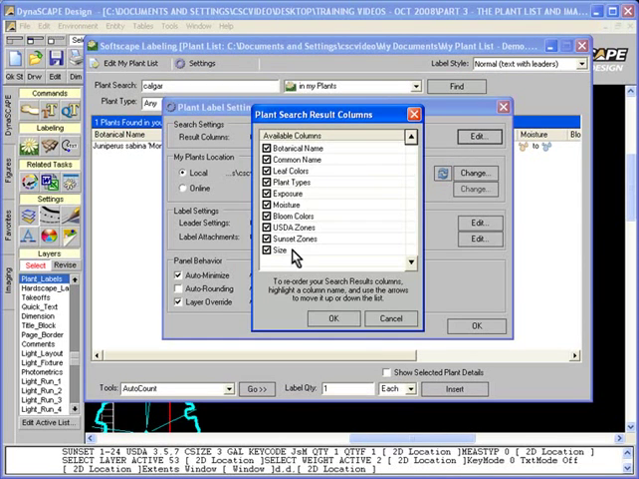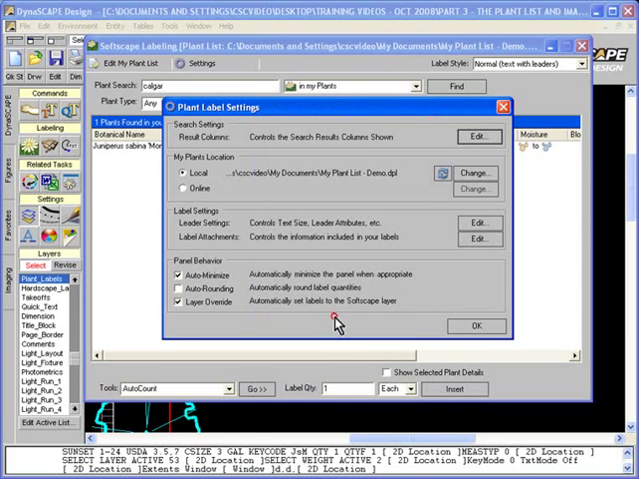I'm going to bring mine back. I like to have the size right next to my common name. Leaf color is not as critical as flower color, so I'm going to change that there. Click OK. I can also change, if I wanted to change my plant list to another list,